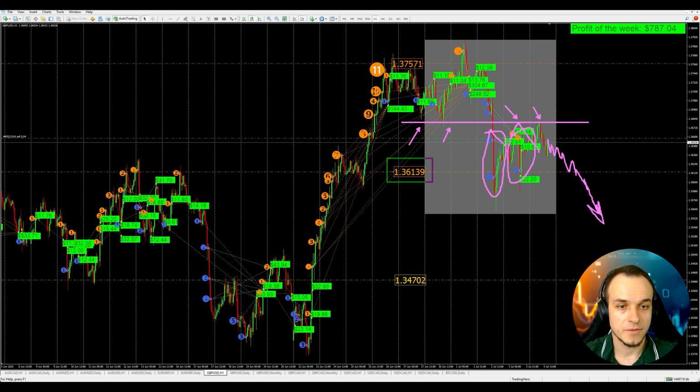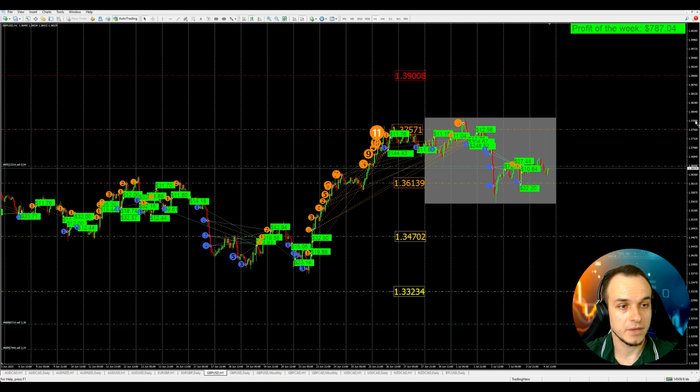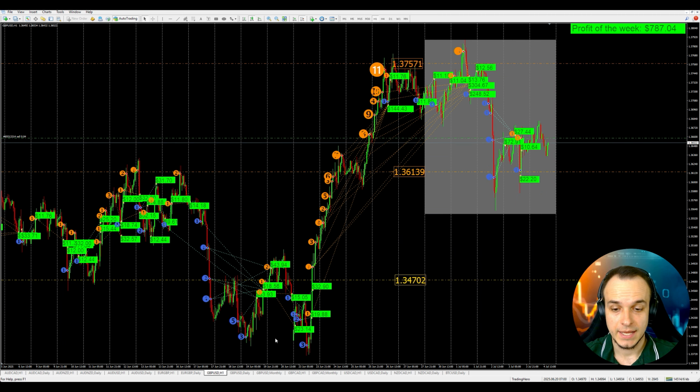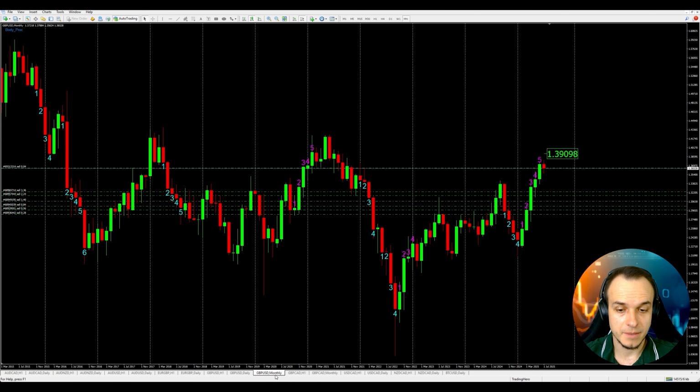so hopefully this momentum will continue, and now we're close to the level of 300% on equity for our GBP USD 11 algorithm. We still need to cover more than 5,000 pips to close all our trades with profit, so we're going to wait for the market to decrease. If we check the global picture on a monthly time frame,